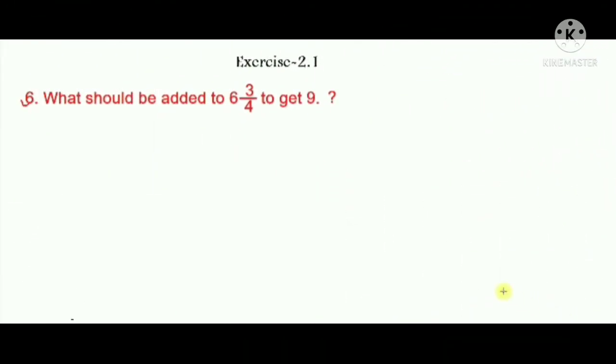Question number 6. What is said to you? You see, what should be added to 6 3/4 to get 9? So we don't know what we'll add, so we should add x. Okay. So in the solution